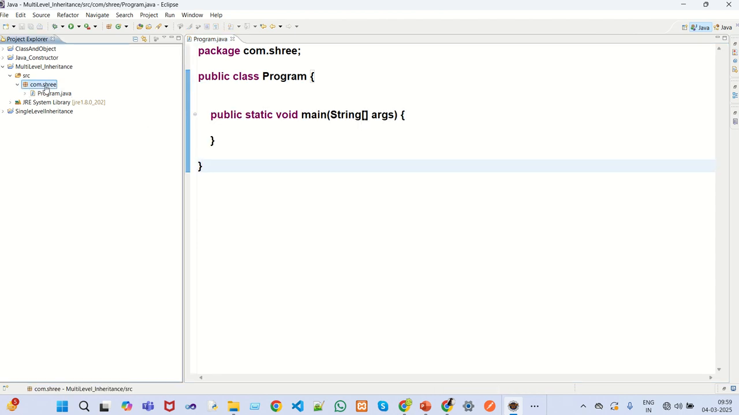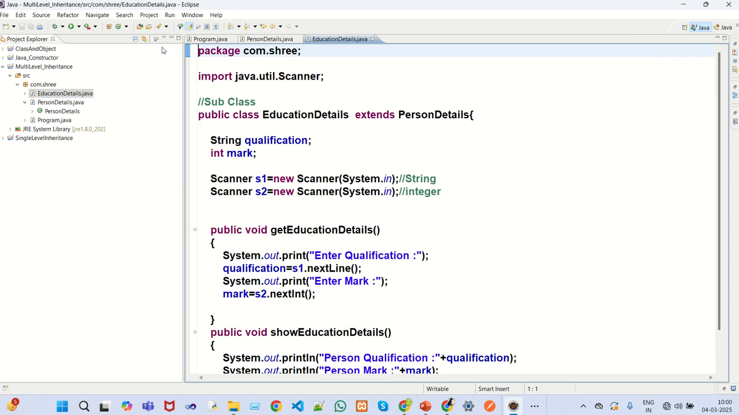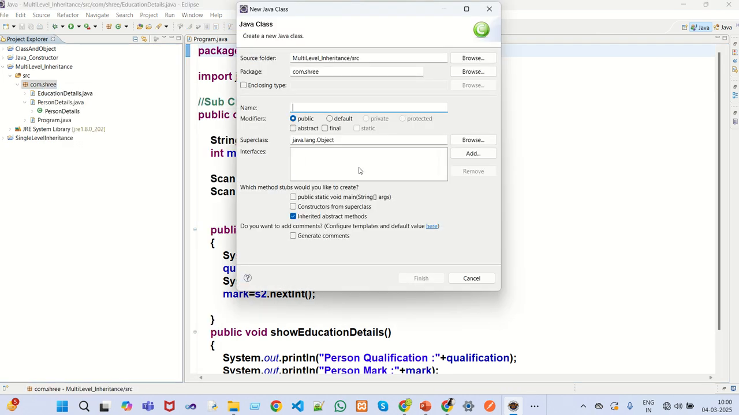And now what I'm going to do, previously I created a person and education class, right? So these two classes I'm going to copy from here, and I need those two classes in this program. So I just copied from the single level inheritance to multi-level inheritance. So I'm reusing that concept. So now I'm getting the person detail as well as education detail. Okay, and I need to create one more class for